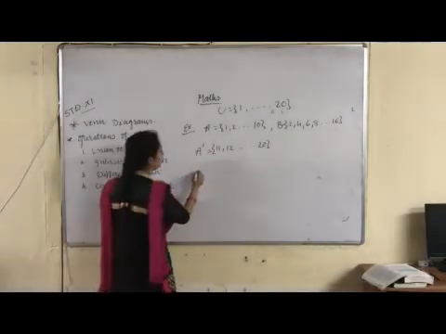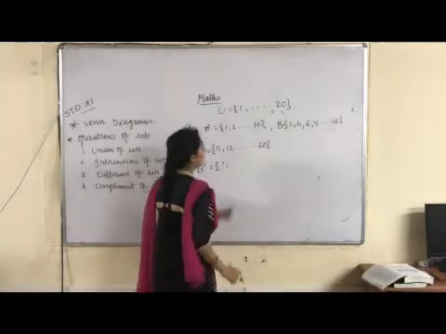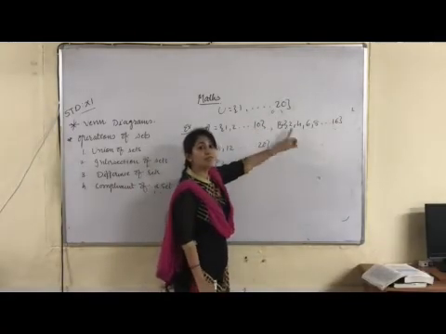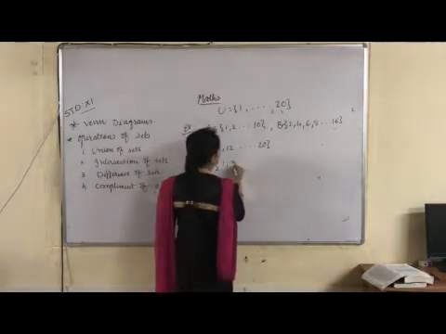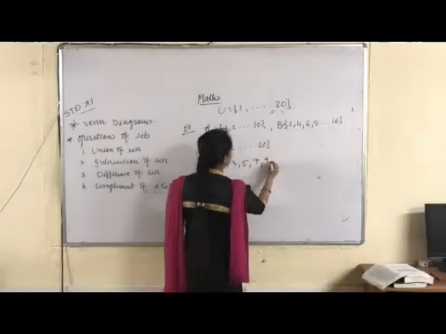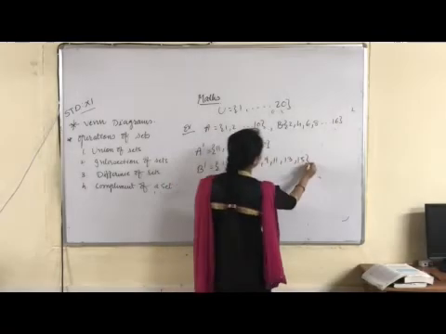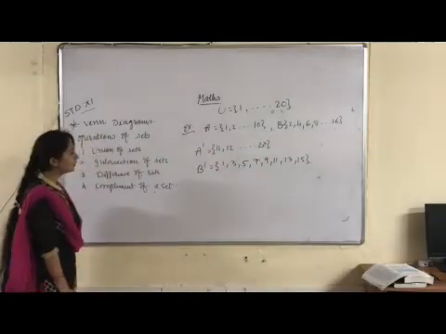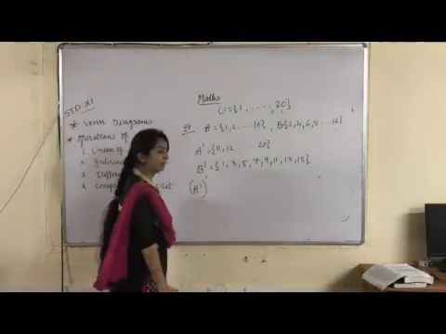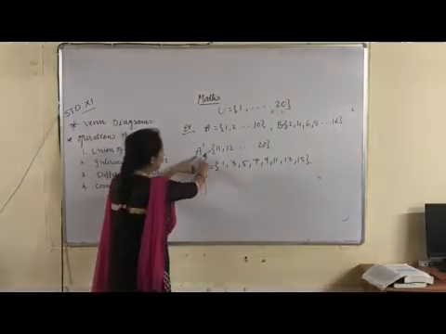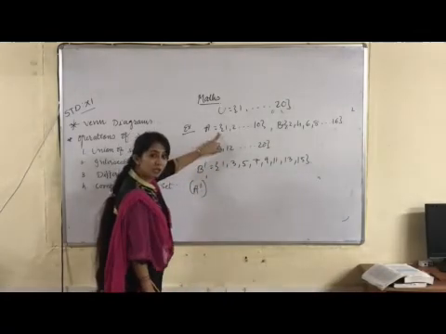Understood? If I want to write down B dash, how do I write down B dash? The elements which are not included in set B from set U, all those elements will be a part of B dash. So that is 1, 3, 5, 7, 9, then 11, and so on. This is B dash. Understood? Now suppose complement of a complement, A dash, whole dash. So A dash, if I take its dash again, it will be set A.